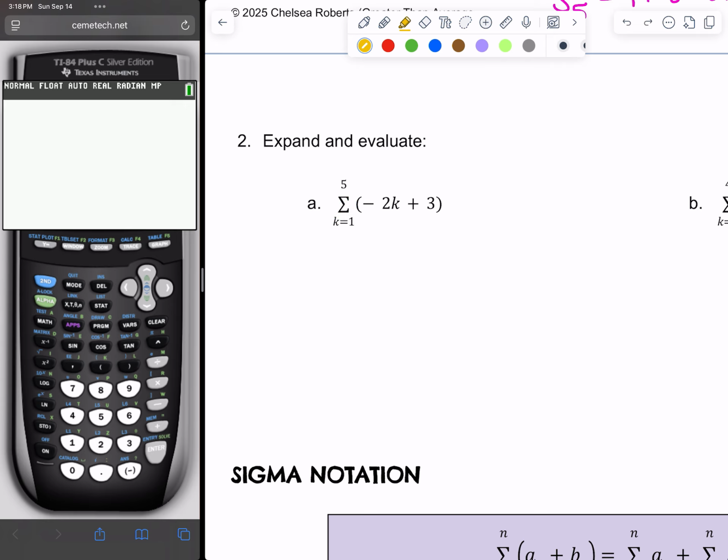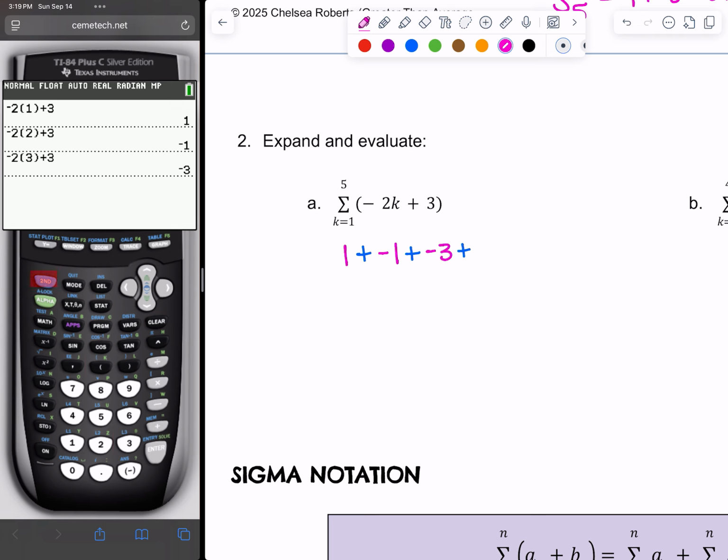So that means that I need to substitute in 1 here. So we're going to have -2 times 1, that's the first k value, plus 3. So that's going to be 1. And then we know we're going to add. I need to find the other term, which is going to be the 2. Plug in 2. So that's going to be -1. So we got 1 plus -1 plus, do the same thing except we have to plug in 3. So that's going to be -3